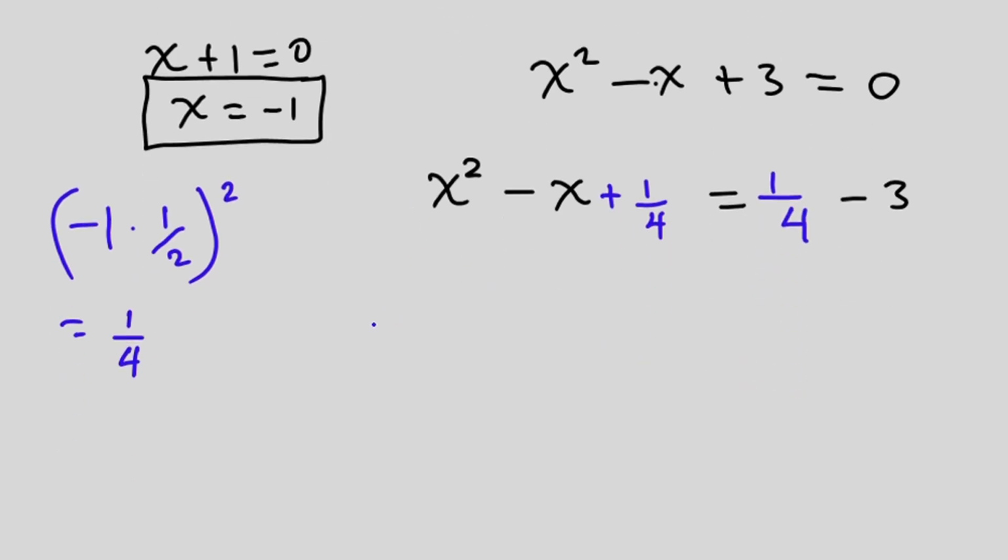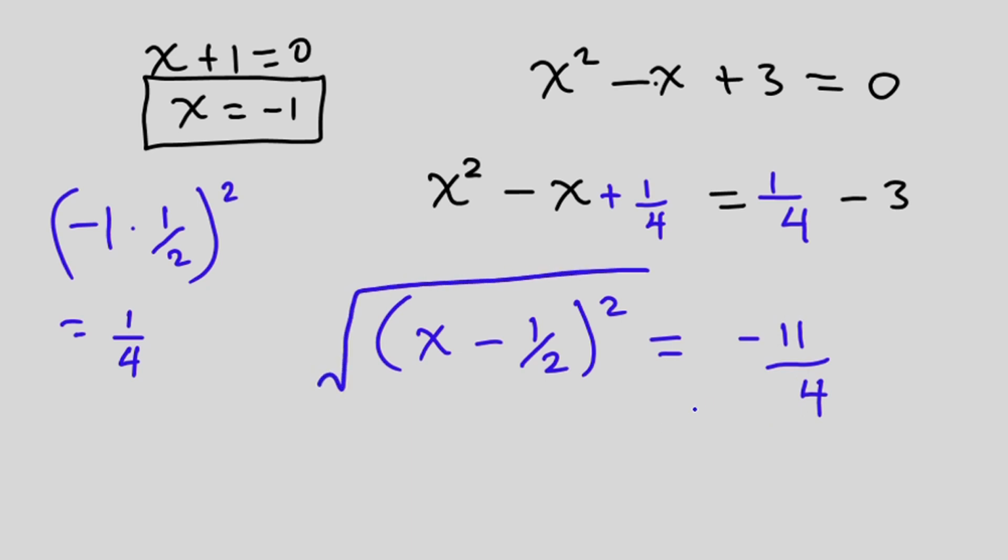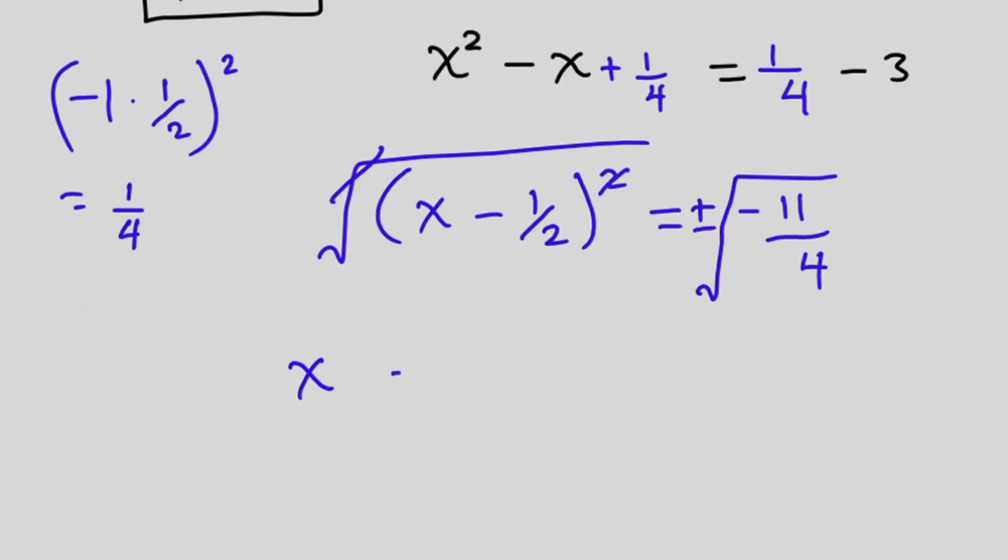Then we see that on the left hand side, we have a perfect square, which is x minus 1/2 all squared is equal to, now if we simplify this, we're going to get negative 11 divided by 4. The next step, we are going to take the square root on each side of the equation, but always we have to bring the plus or minus, and then the square root will go, and we are left with x is equal to, now let's transpose this negative 1/2 so that we get positive 1/2 on the right,